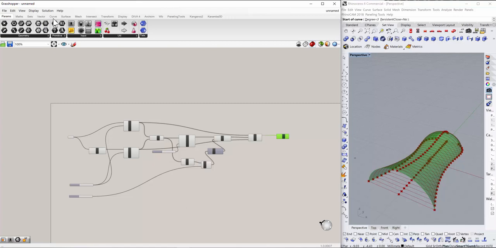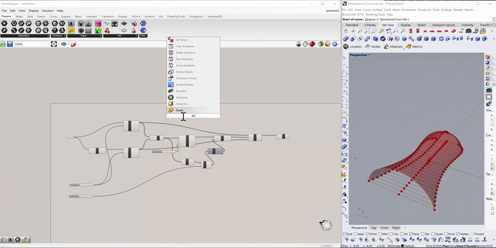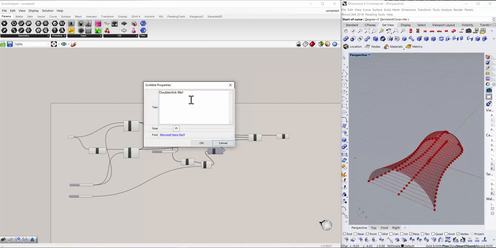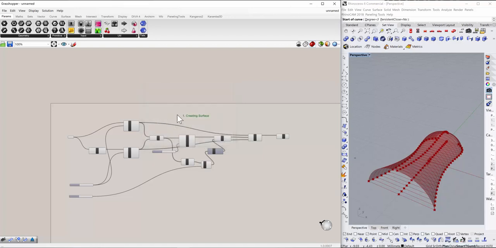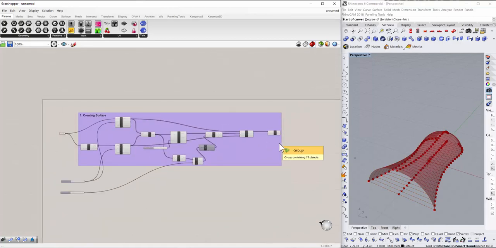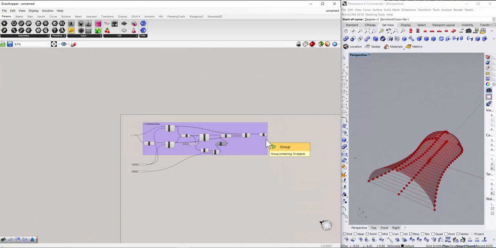So let me quickly scribble this and mention it as first, creating surface. So this was the first method, how to create the surface. So I'll select all of them, and group them together. Okay, so this was the first part, and now in the second part what I will be doing is